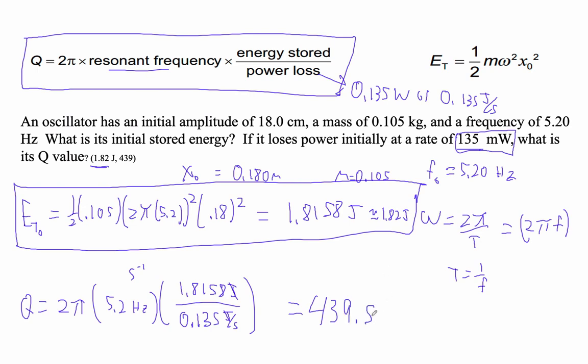I'm getting 439.5. So 439 is our Q. It doesn't have any units. That's about how many times it'll vibrate. So let's divide that by 5.2. It's going to vibrate for about 84 seconds before it stops, because this is how many cycles it'll go through. So in about a minute and a half, it'll stop ringing. So this is, I don't know, a fairly resonant thing. All right,